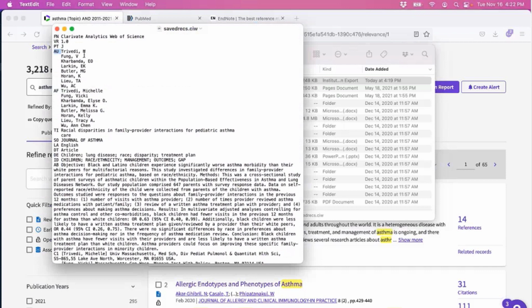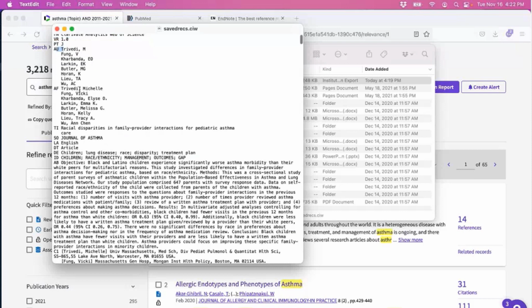So in this case, EndNote would know that this file was coming from the Web of Science, so it applies the appropriate Web of Science filter to the data, and that way it would know every time I see PT, this is a journal reference, so use the journal tags. Anytime I see an AU tag, those are going to be authors. That data needs to go to the author field.